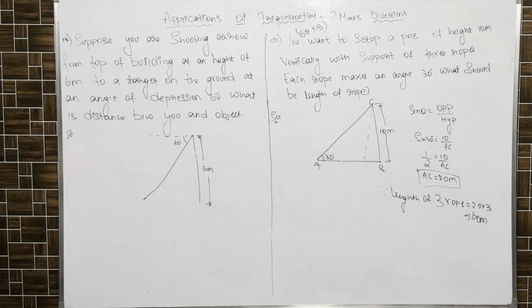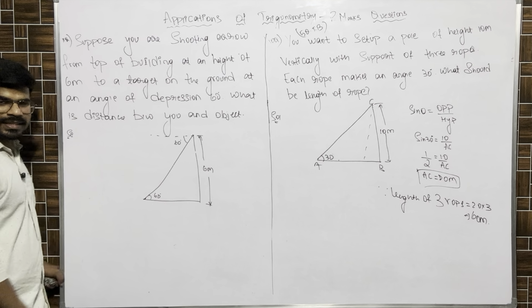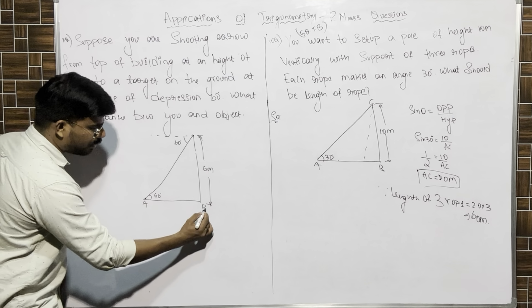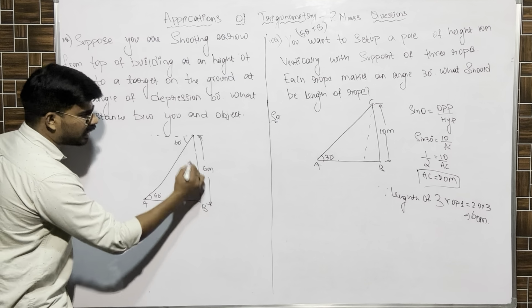What is the distance between you and the object? From here, this distance between you and the object, we have to calculate. That means we have to calculate the hypotenuse. In the triangle, if here is 60, here also we will have 60, according to parallel lines and the alternate interior angle criteria. Now with respect to this 60, the unknown side is the hypotenuse. In triangle ABC, we have to calculate AC. Opposite by hypotenuse is sin theta. Sin theta is equal to opposite by hypotenuse. How much is theta?